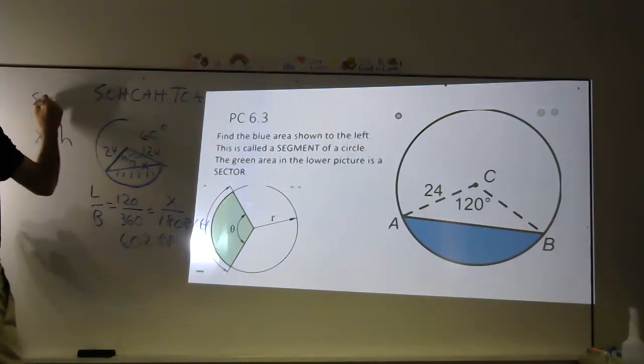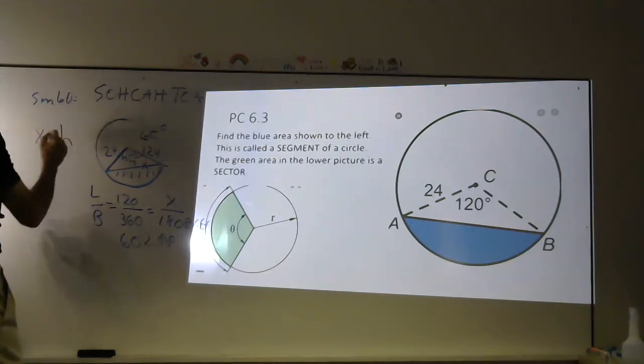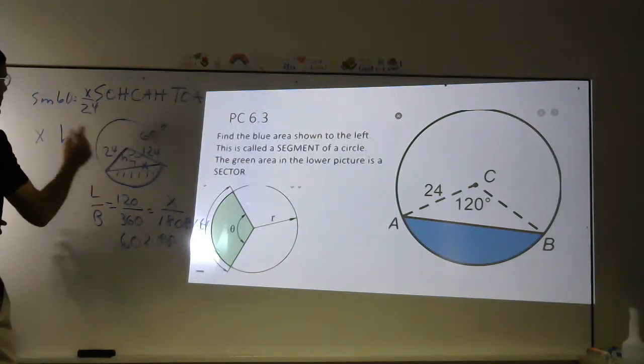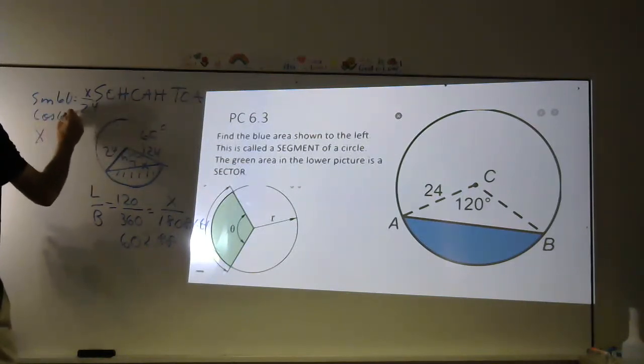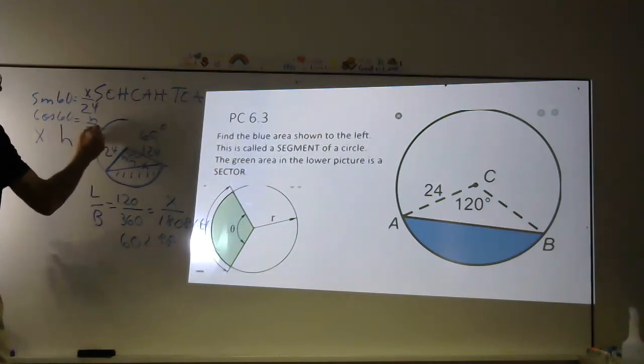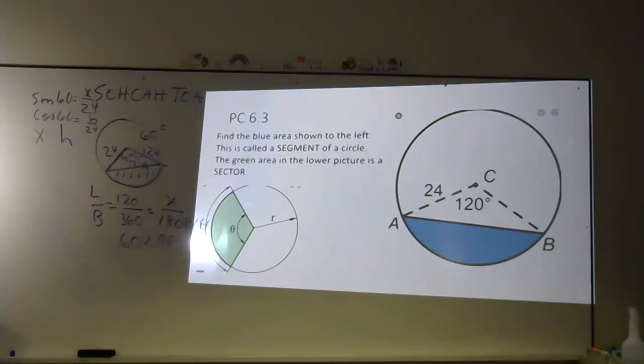So sine of 60 is x over 24. Cosine of 60 is the adjacent over hypotenuse, h over 24. And I'll get my answers when I cross multiply. So I'm going to take sine of 60 times 24 and get x to be